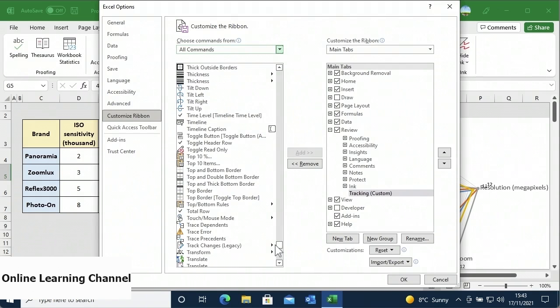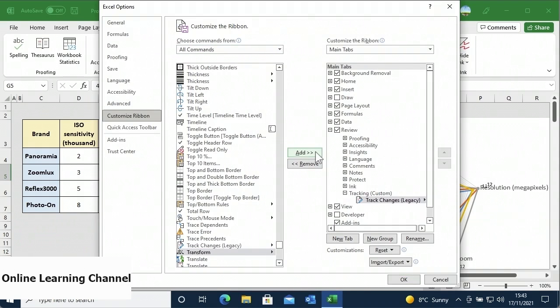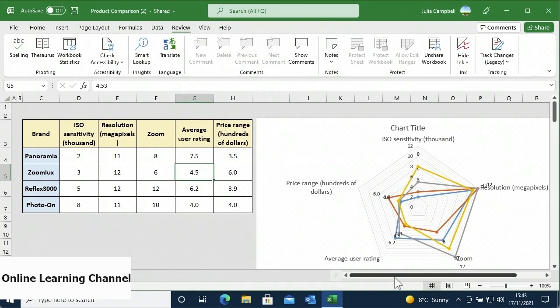Scroll down this list until you find the Track Changes command. Select it from the list. Then between the two lists, click the Add button. The command now appears below the Tracking custom group in the list on the right. To save these changes, click the OK button at the bottom right. The Excel Options window closes, and on the far right of the Review tab in the Tracking group is now